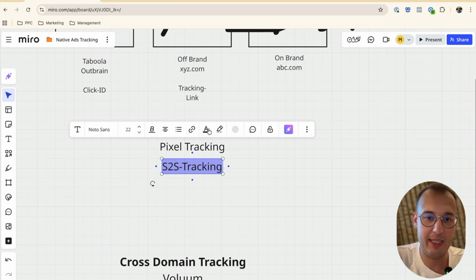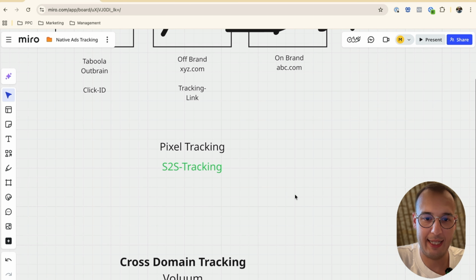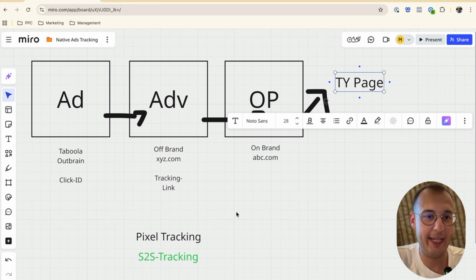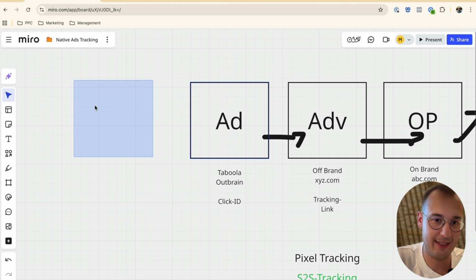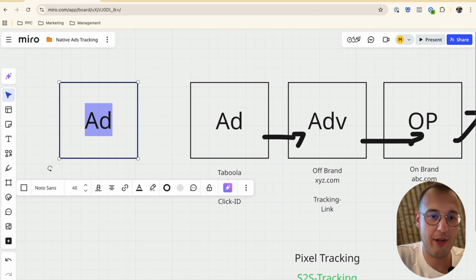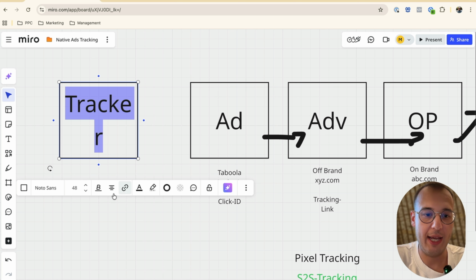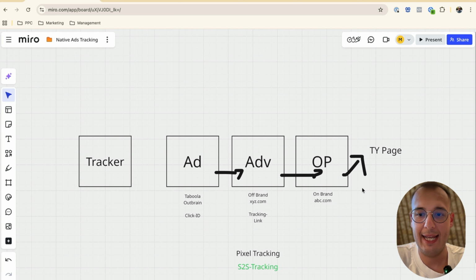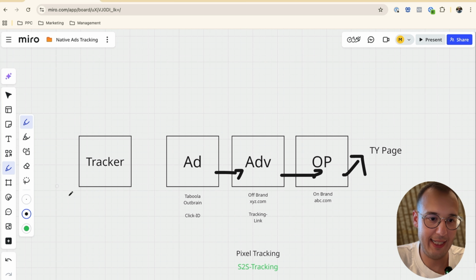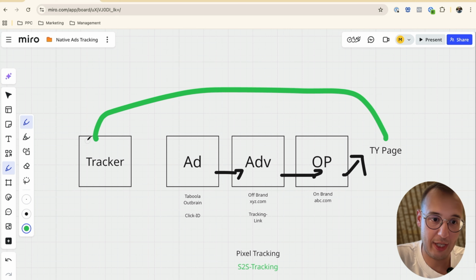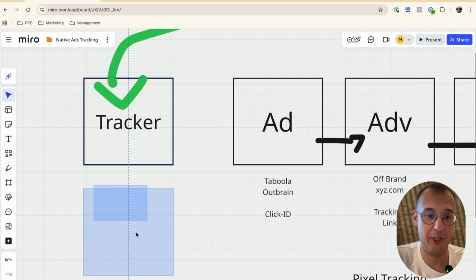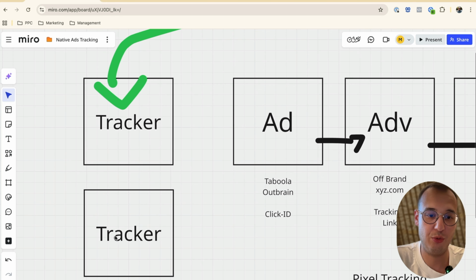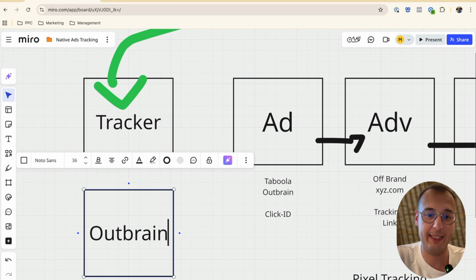This basically means that at the end, your page passes the information. Before the ad, and this is the correct view, you have the tracker, something like Volume. In the ideal case, you send the click ID from the thank you page back to the tracker, and the tracker gives this information on the other hand back to, for example, Outbrain, Taboola, whatever.